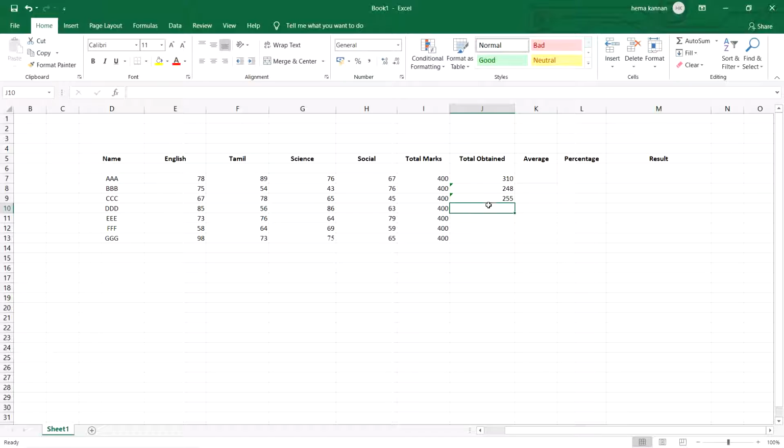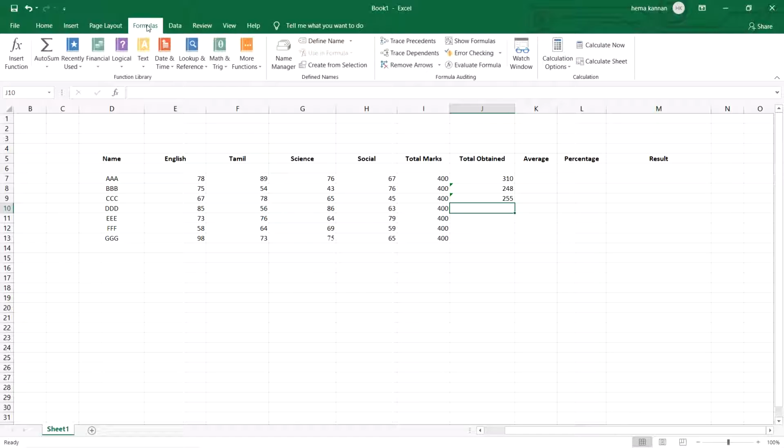Also we have one more option, that is the Formulas tab. In Formulas you can directly go for recently used SUM, or else in AutoSum you have the sum formula generator. Here you need to select the range.